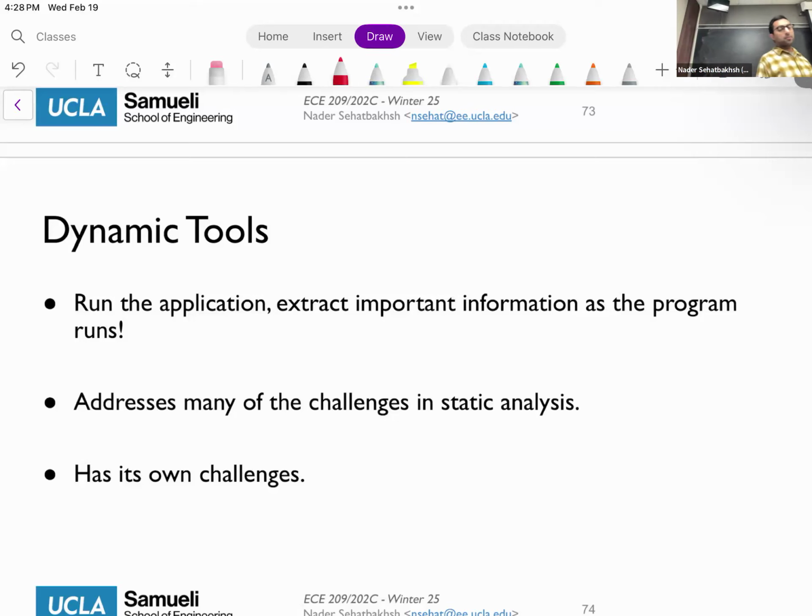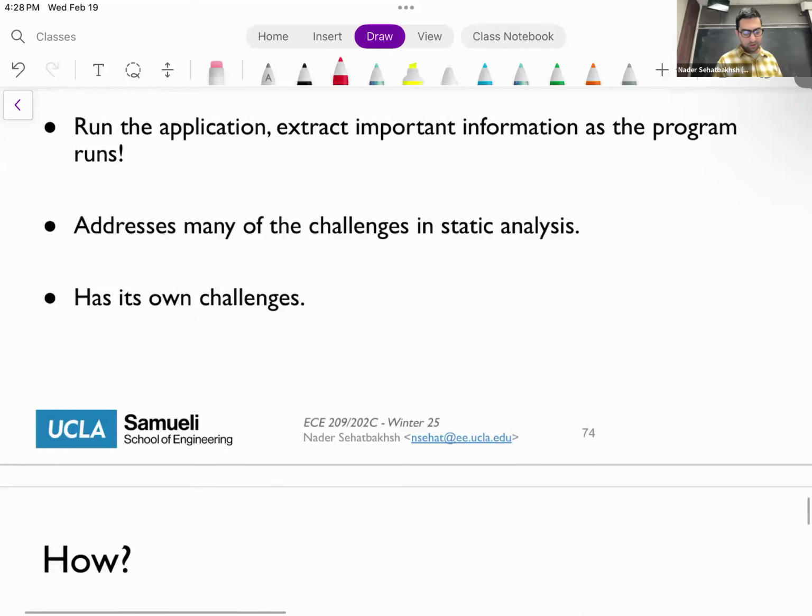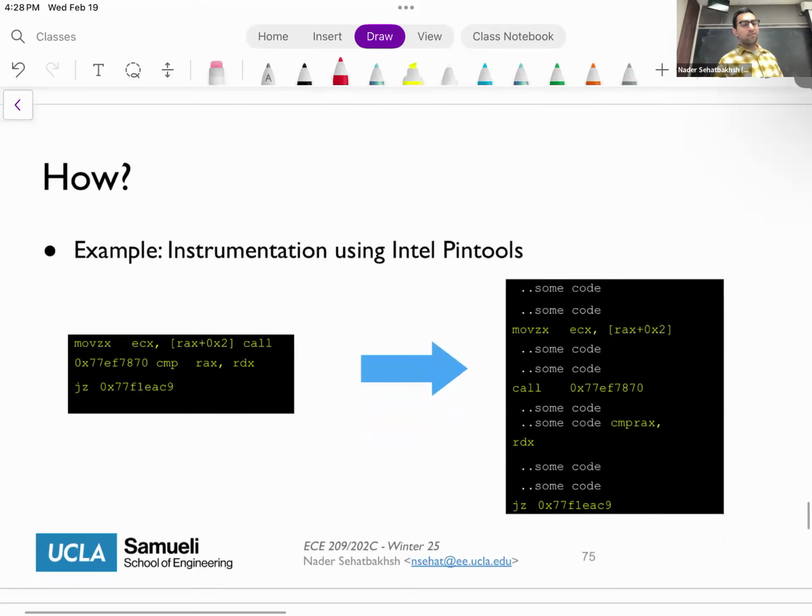Of course, there is a big challenge, and that is how do you even run this? Especially keep in mind that you're trying to do security analysis. It means that this code is potentially malicious code, could be malware that can destroy and negatively impact your system. So running this has to be done very cautiously. There should usually be isolated environments, sandbox environments, and so on and so forth. There are various different tools